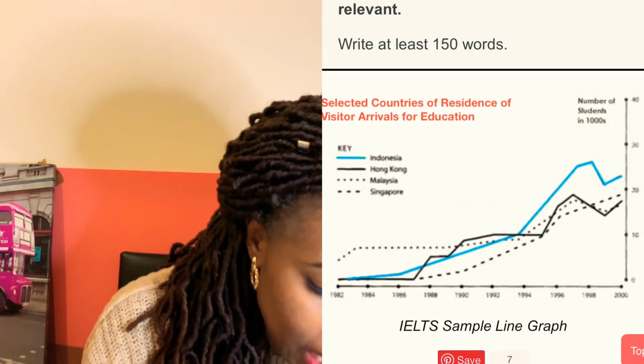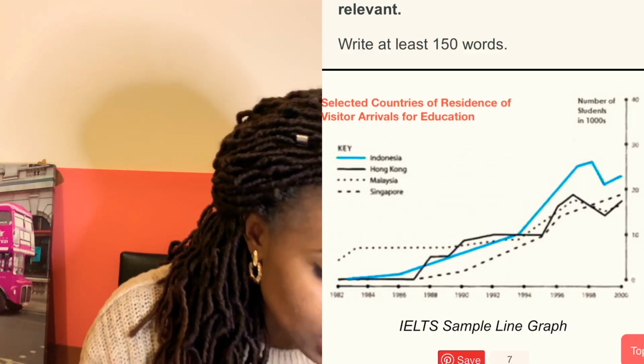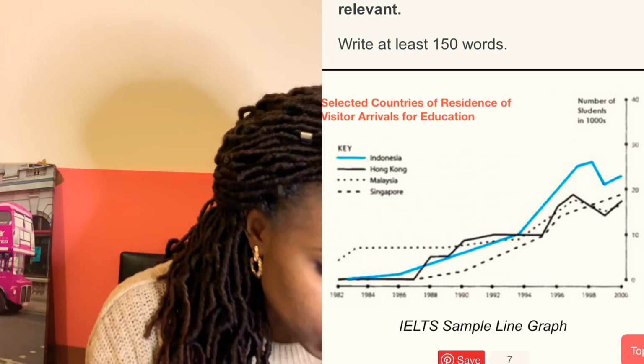Looking at the graph here, checking the horizontal axis, we have the number of years from 1982 to year 2000, and also on the vertical axis, we have number of students in thousands. And we have the key here, which represents the 4 countries of residence. We have the 4 countries of residence of overseas students in Australia here, which is Indonesia, Hong Kong, Malaysia, and